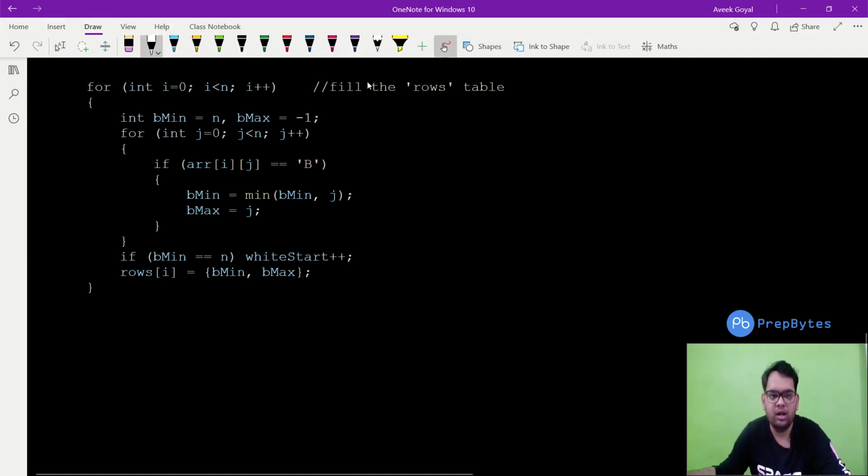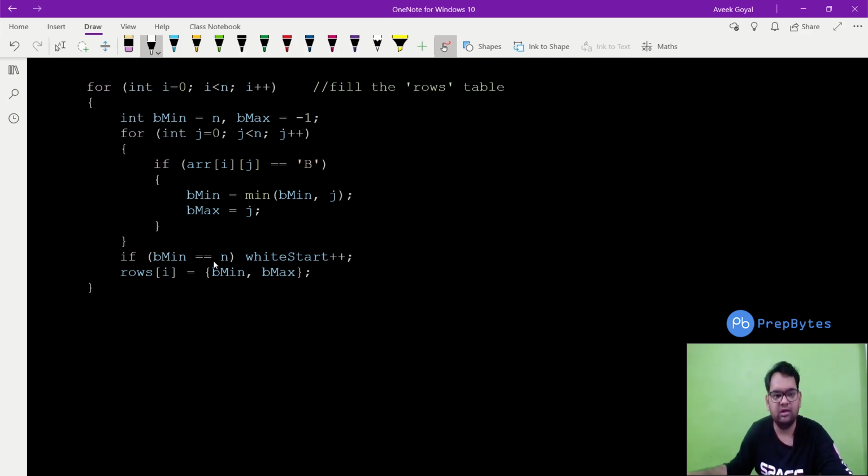For the implementation, what this snippet is doing is, we need to know what is the first value of black and what is the last value of black. So B min is the first value of black and B max is the last value of black. If my array of i, j is B, then I am updating my B min and B max accordingly.